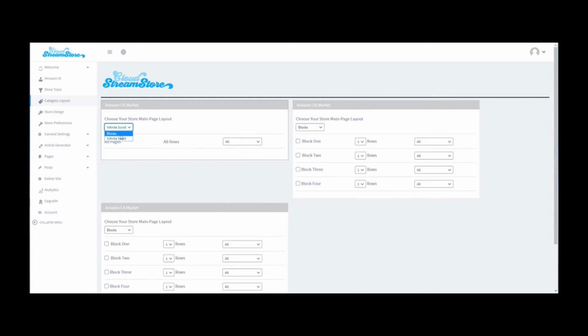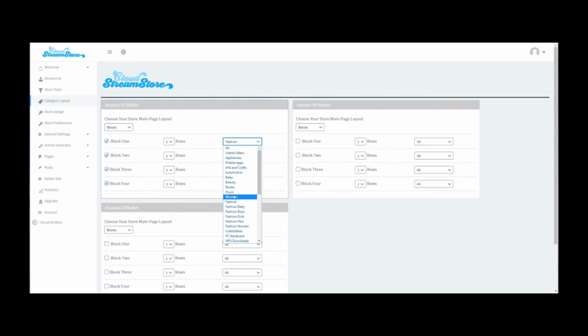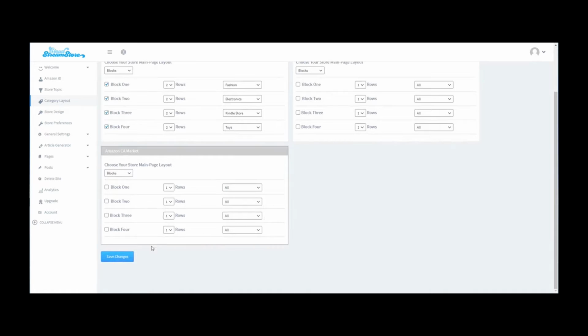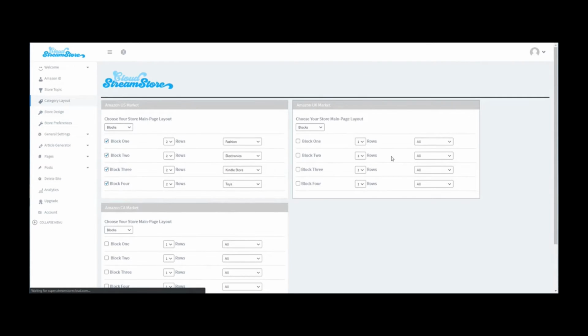Another option is to have blocks. Blocks is the main page in 4 blocks of products, and you can choose how many rows you want from each and the category. For example, here are the defaults, let's say fashion, electronics, Kindle books, and toys. So if we save this, we have the store ready. So let's see the store. We click here,